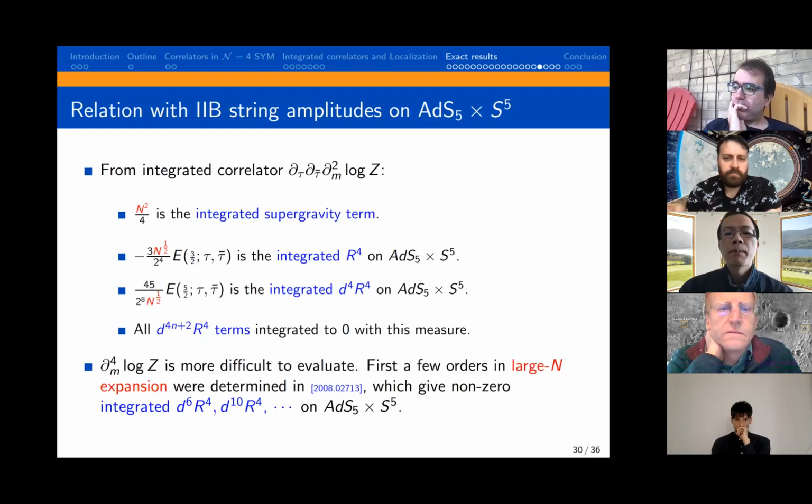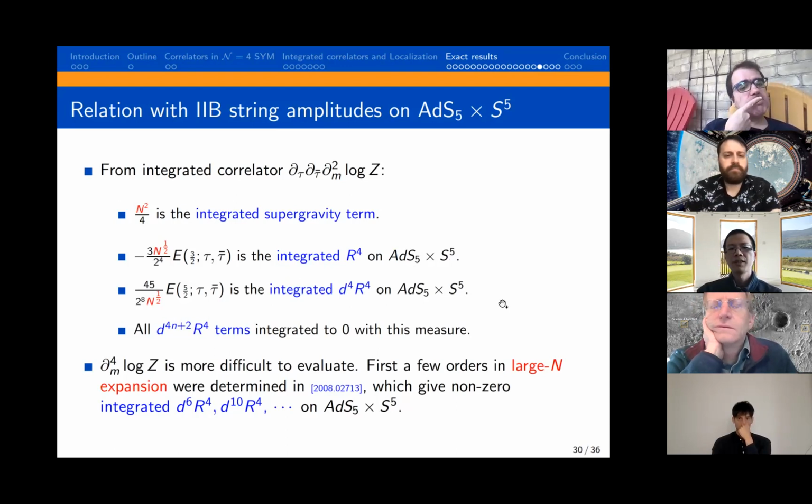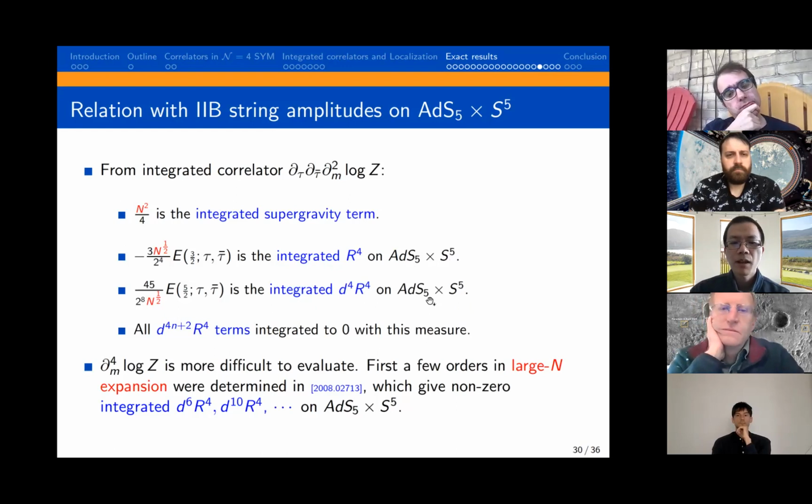Now I can start to compare with the integrated correlator. So the statement is that, again, the large N expansion is related to the alpha prime expansion. So the leading term is basically the integrated supergravity term. And the next term is integrated R to the 4, but now, of course, on AdS5 cross S5, and you can go on. Just by power counting how alpha is related to N and so on, you figure it out. One observation is that for this integrated correlator,